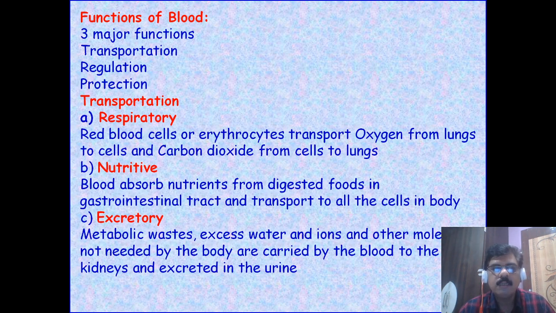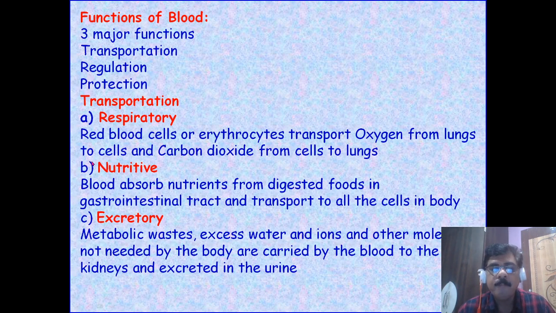Then the functions of the blood. Just now we have discussed the different components in the blood along with their functions. But again we are discussing the function, that it has three more important roles. One is transportation, second is regulation, and third is protection. Transportation. In transportation, first is the respiratory. RBCs or erythrocytes transport oxygen from lungs to cells and CO2 from cells to lungs with the help of